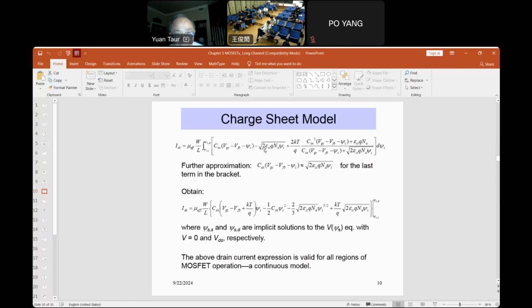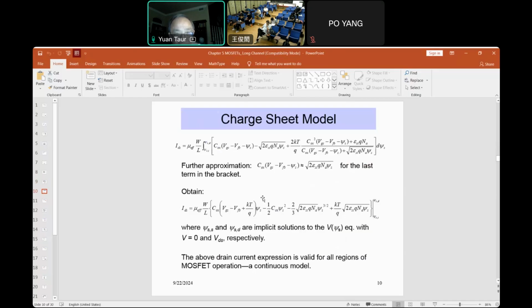So we substitute this expression, first term equals second term, into the third term only, and we still keep the first and second. But we put this in here, that makes it much easier to integrate, because the denominator now becomes the square root of psi s. So integration can be carried out analytically like this,